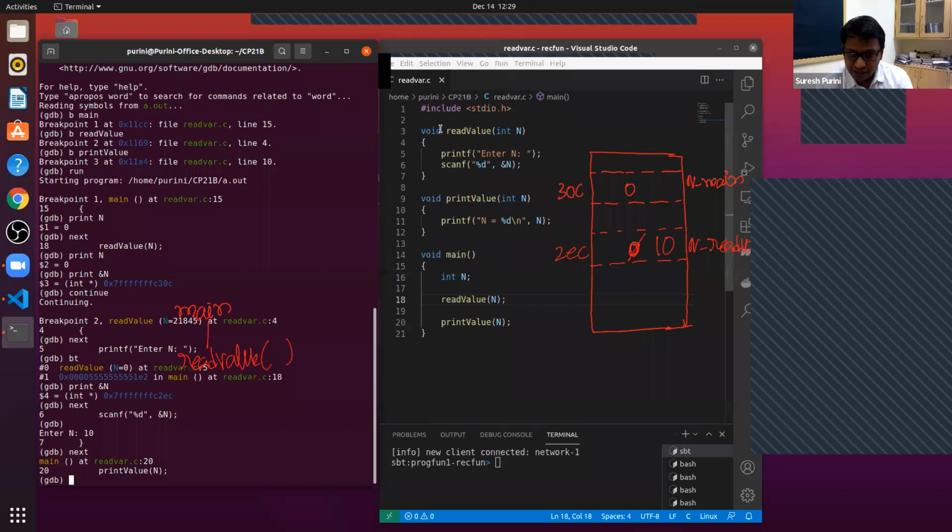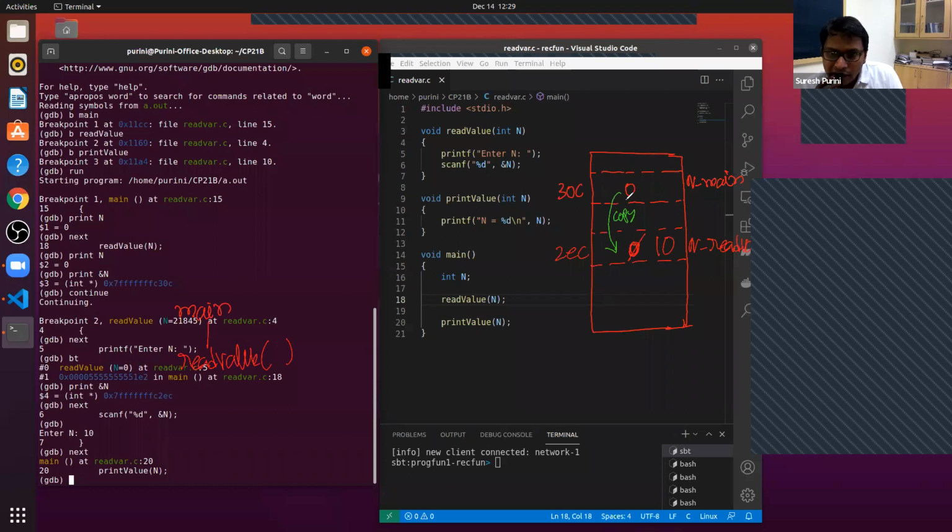It is 30C. From main we called read value, and when we called read value, we copied the contents of this n. This is a copy. Because we are using a call by value mechanism, we copied the contents of n underscore main to n underscore read value.